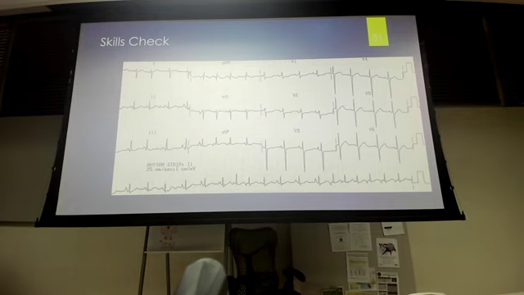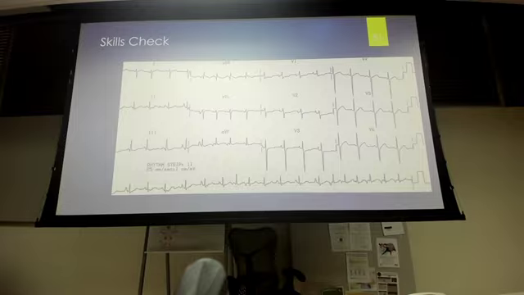Narrow and irregular. So what are my differentials? Narrow and irregular. Well, they're regular R wave and then P wave. Yes, but what are my possible diagnoses? What are the things that we talked about that can cause narrow and irregular? MAT, multifocal atrial tachycardia. You have your A-flutter with variable block, and